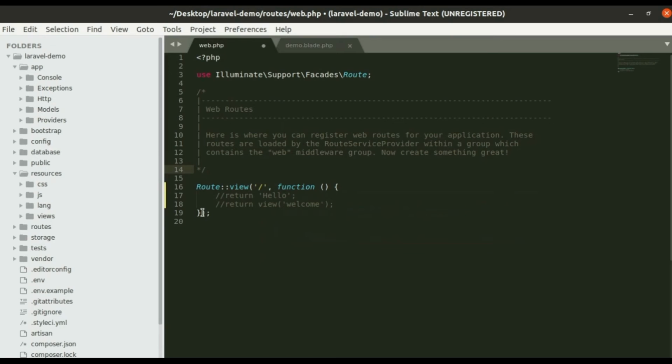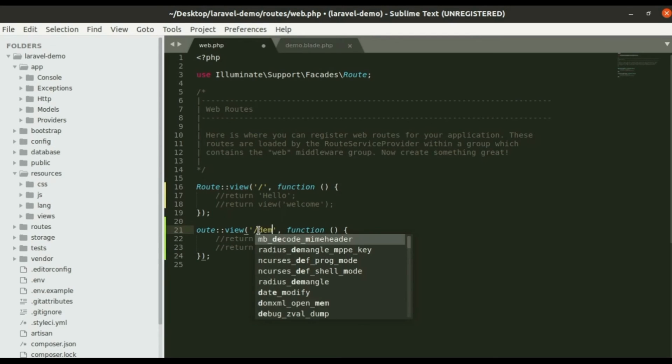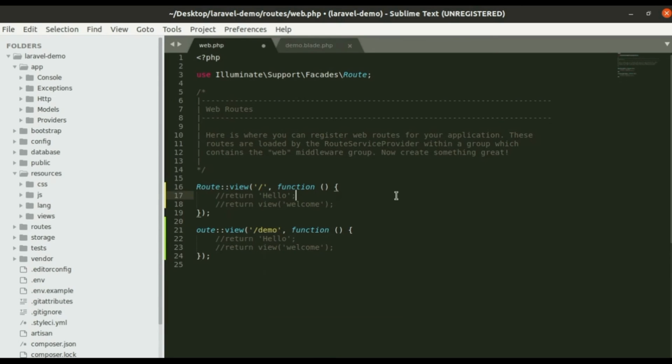It will directly load the view file. The first part is the URI, like localhost/user. Once I open this URI, the second part, after the comma, is the view name.